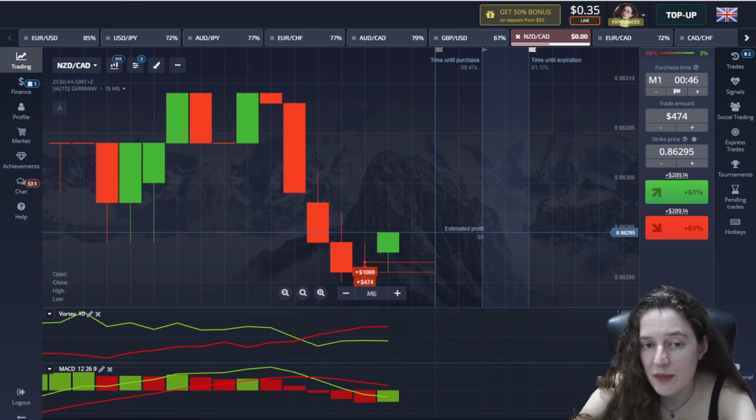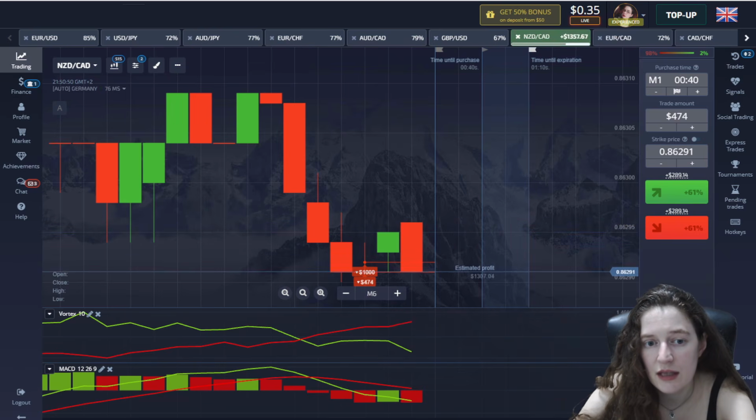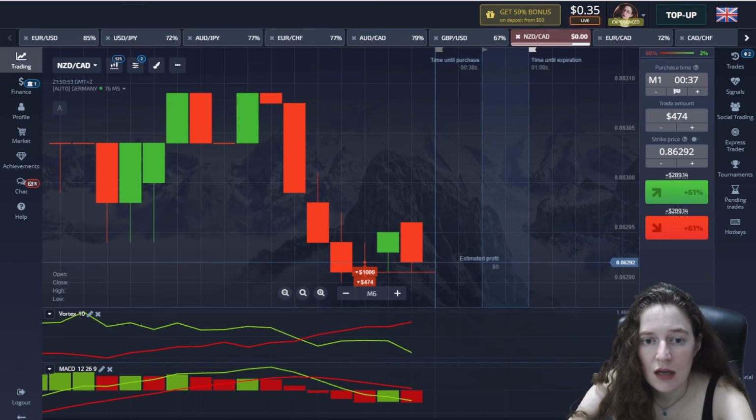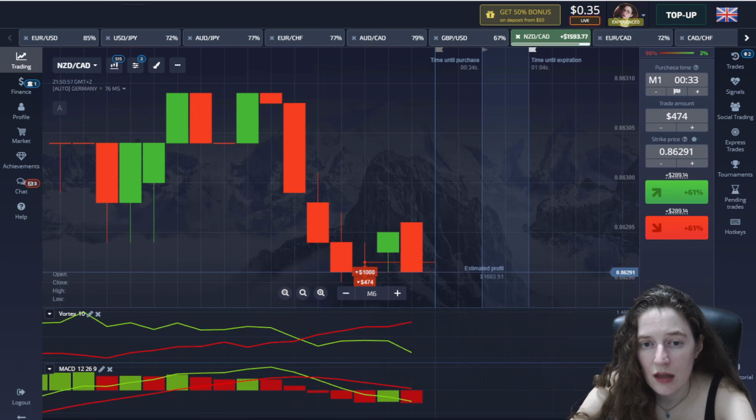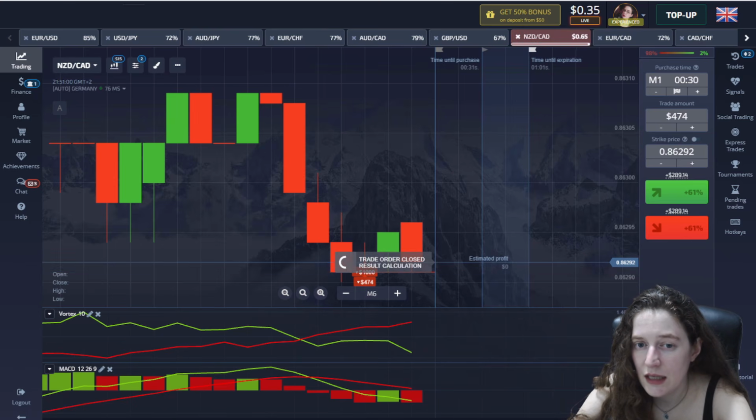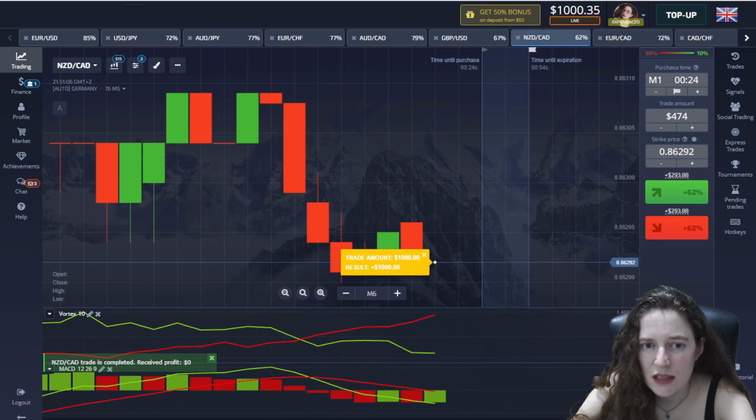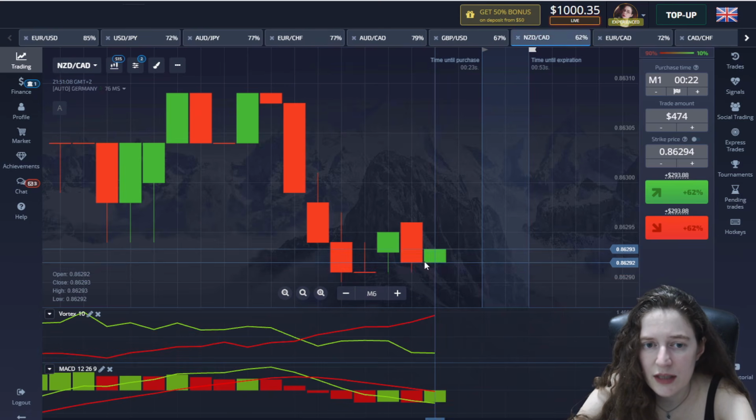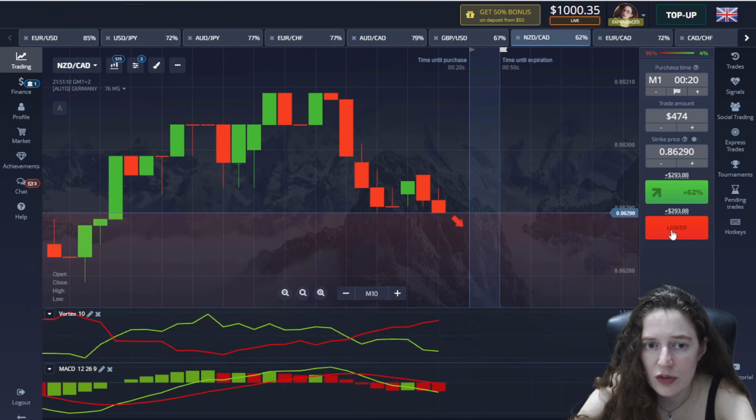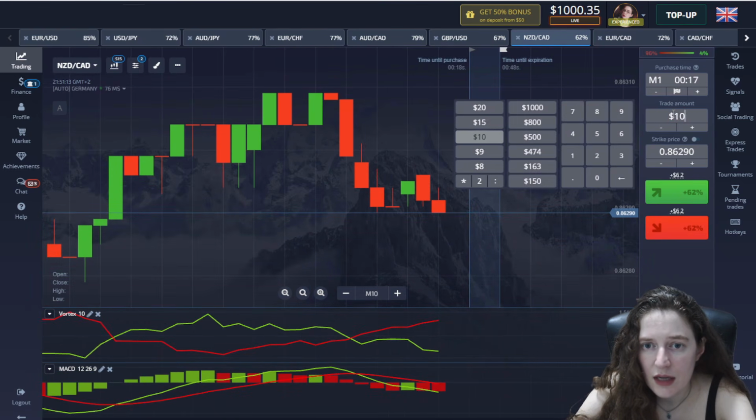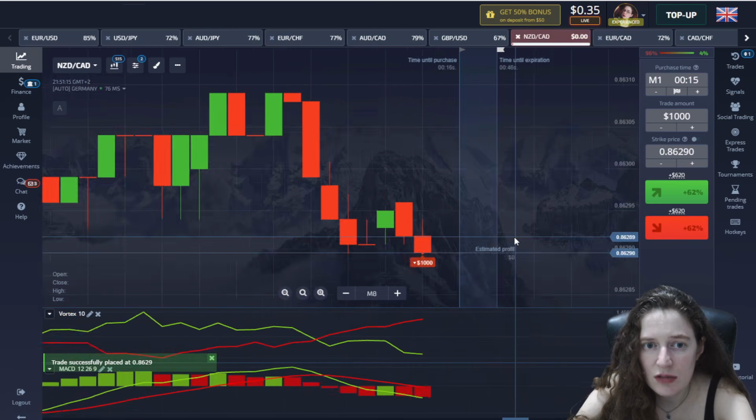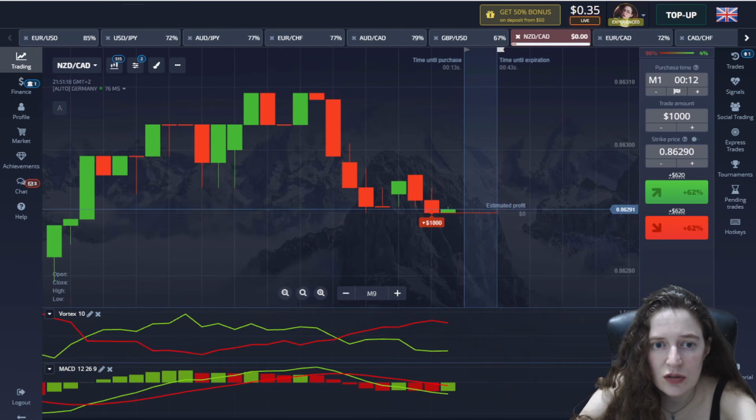Note that the MACD lines, after crossing each other, join the candles and have a downward direction, which is the main thing, I think. So I lost 474 and I got 1000 back because it stopped right where I bet. This is a really good moment. I just was not lucky here,